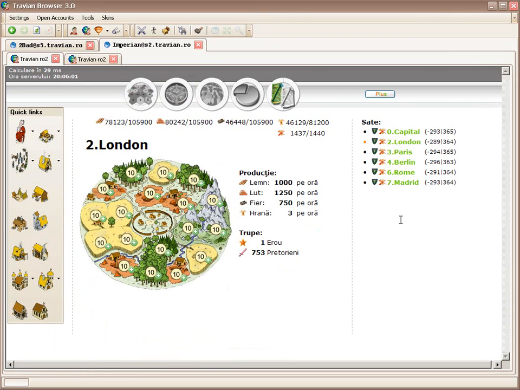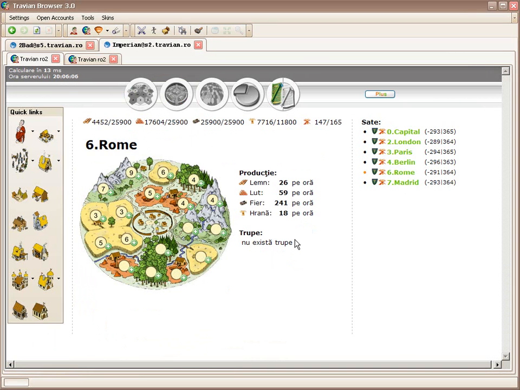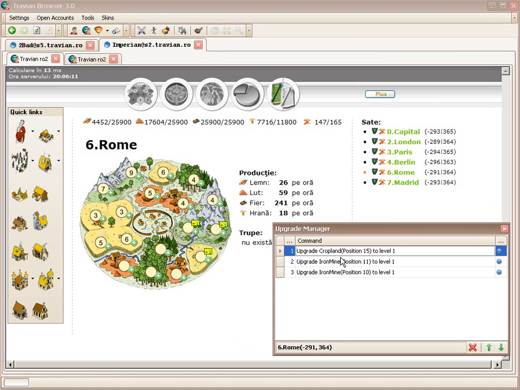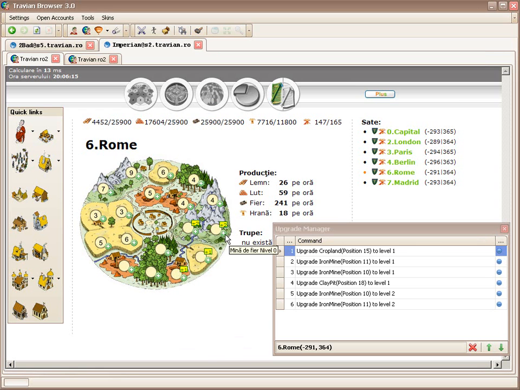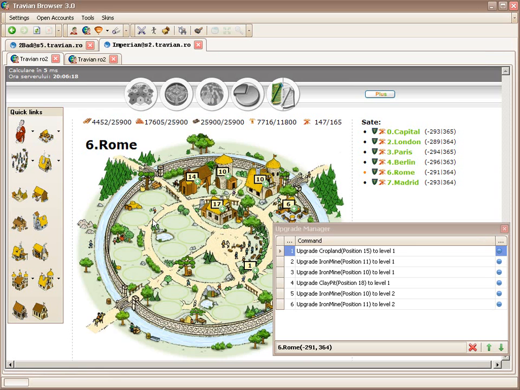You probably noticed small plus buttons that appear on the page with resource fields and on the page with buildings. These buttons will help you create upgrade commands for the Upgrade Manager. Just click on the plus button that is over the resource field or building that you want to be upgraded